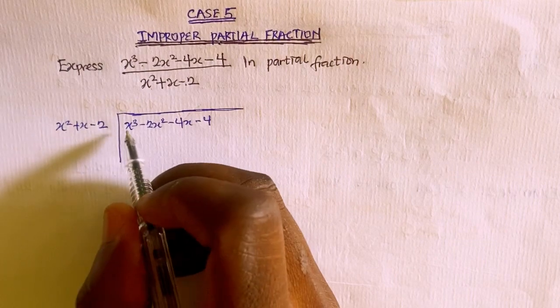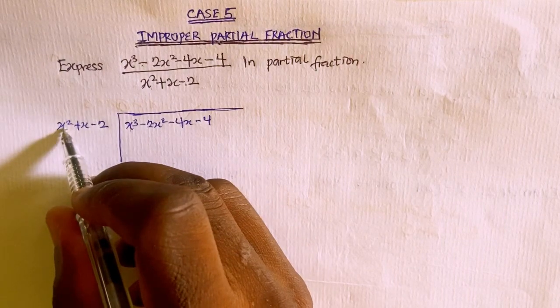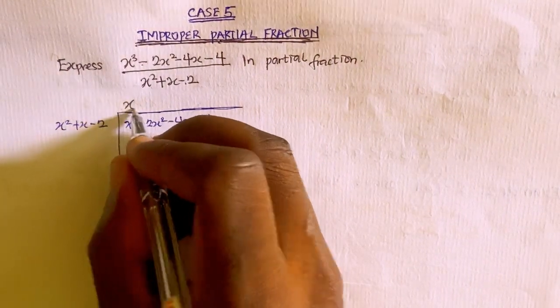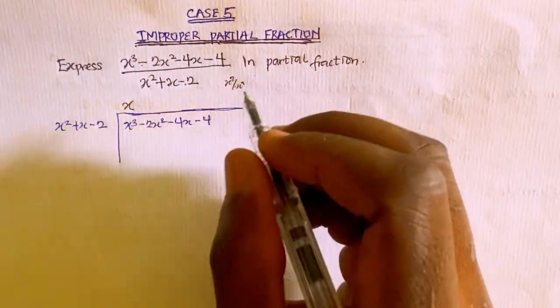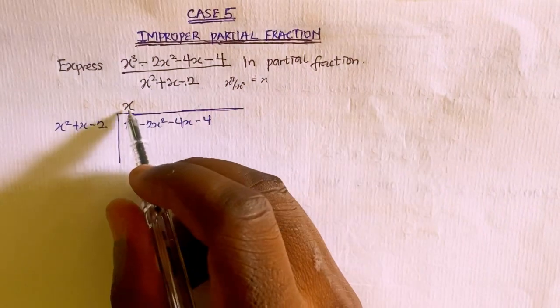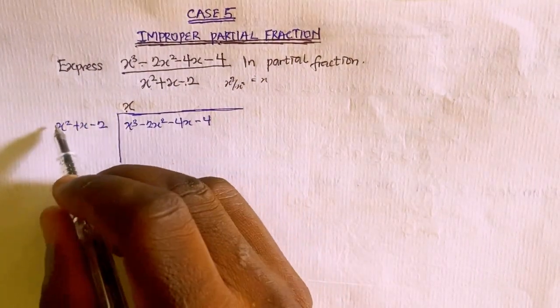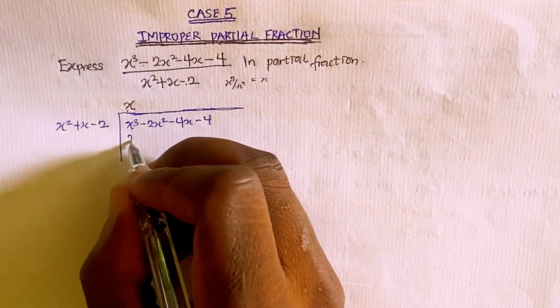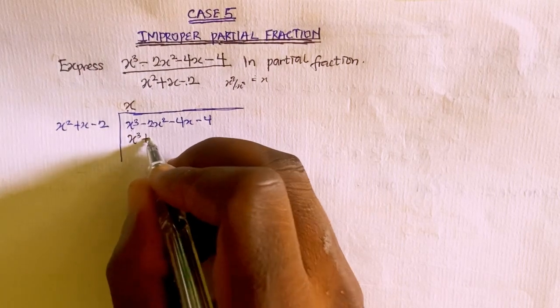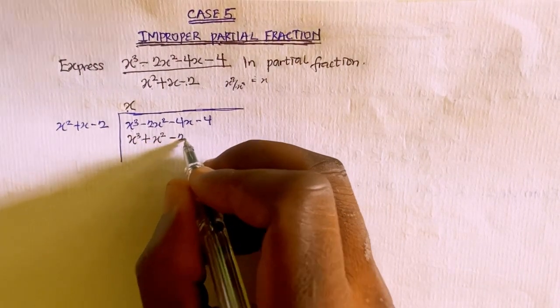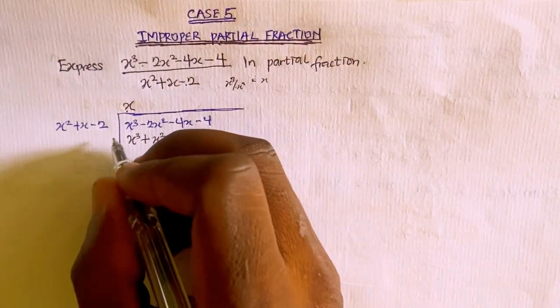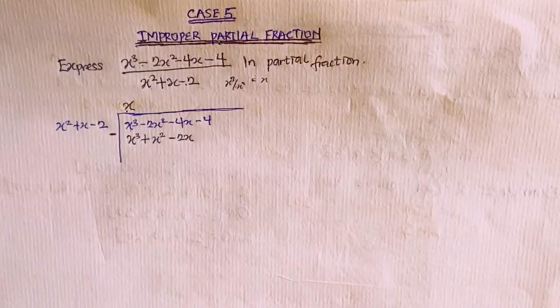x power 3 divided by x squared will give me x, because we have 3 minus 2, which is 1. So this is x. Then I'm going to use this to multiply everything here. I'm going to have x raised to the power of 3 plus x squared, then minus 2x. Then after that, I will subtract. So subtracting, in this case,